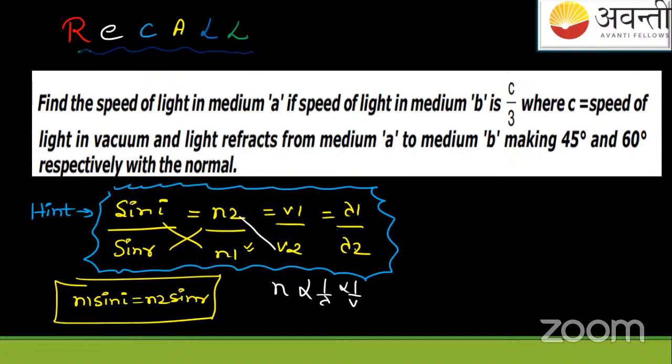Okay, so let me end the video here. It may create a stuck in the network. So let us observe this question. It says the angle of incidence is 45 degrees, the angle of refraction is 60 degrees, and the speed of light in medium A is asked from us. The speed of light in medium B is given as C by 3. Cool. Apply the formulas. So the inversely proportional relation is like this: speed of light in medium A upon speed of light in medium B equals